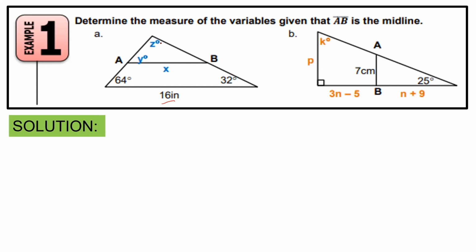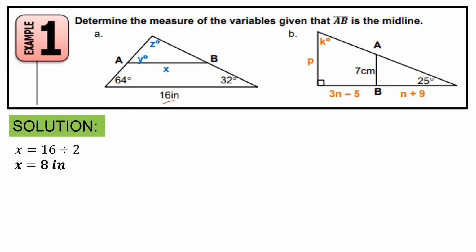And we need to find the measurement of z degrees and y degrees. So here's the solution. First, since we have the measurement of the third side, 16 inches, to get the value of x, divide 16 by 2. So x is equal to 16 divided by 2, and the value of x is equal to 8